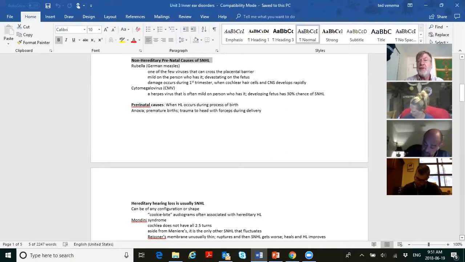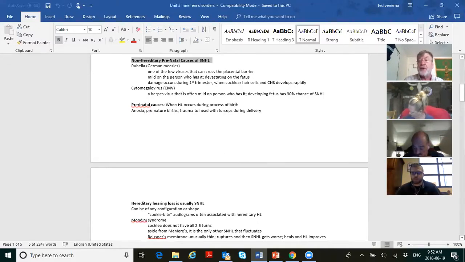Perinatal, during birth. Causes of loss during birth, as we said earlier, include lack of oxygen, and the cochlea is a gas hog. If you're losing oxygen to the baby during a traumatic birth process, the baby may suffer hearing loss as a result. And the losses will not be conductive, of course, because anoxia, lack of oxygen, will kill off hair cells,